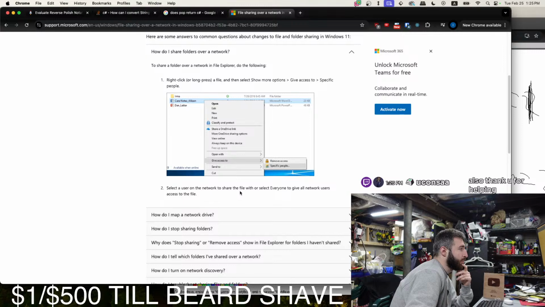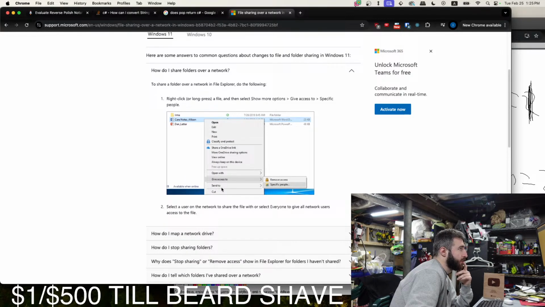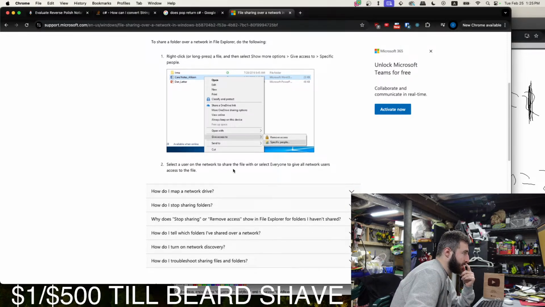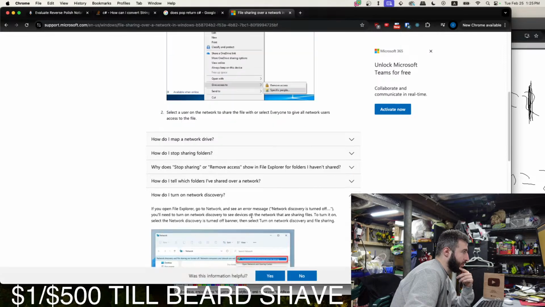Select a user on the network to share the file with, or select everyone to give all network users access to the file. Okay. You try this, Ukansa, and you let me know. So right click on the folder you want transferred and then give access to specific people. And you probably need to be on the same network for that. And also you might need to turn on network discovery.